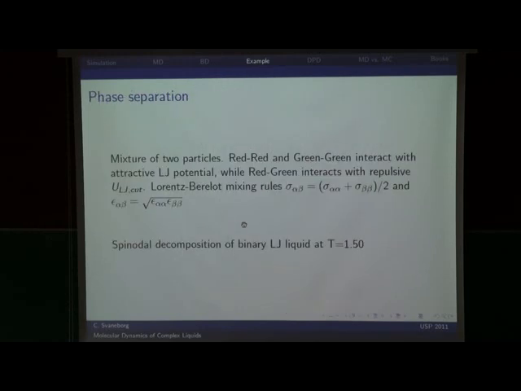So if I take this potential, I can start to make mixtures of particles. And I'm going to show you a simulation where red particles are interacting with red particles through a full Lennard-Jones potential, green particles through a full Lennard-Jones potential. But the red and the green particles are interacting with each other through this cut-off potential, which means that these ones will have a low energy if they're close to each other, but these ones will have a high energy under all circumstances, so they do not want to be close to each other. And then I've used certain rules for how to mix the red-red and the red-green interactions. And if I run this type of simulation,